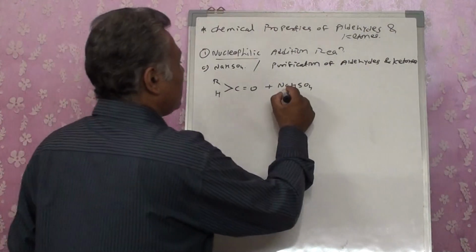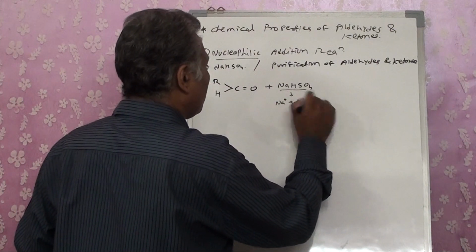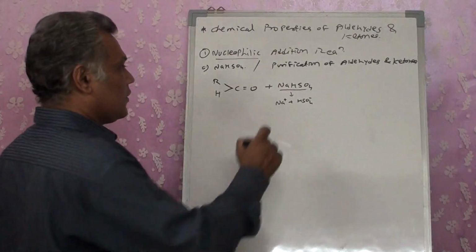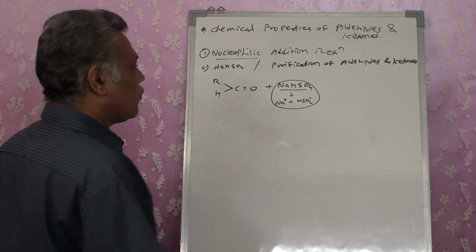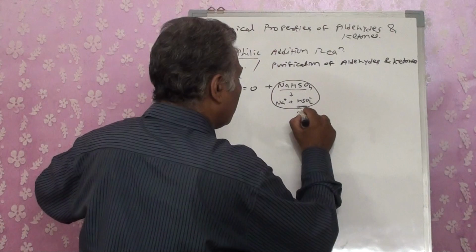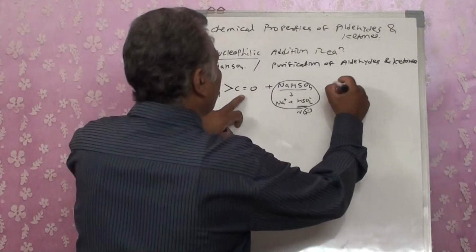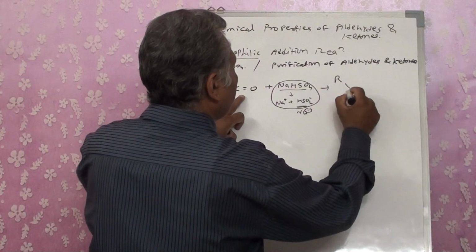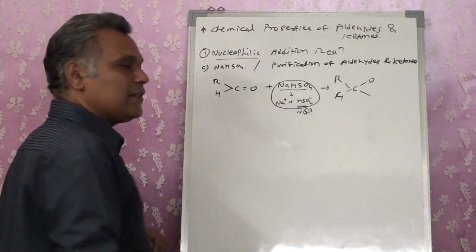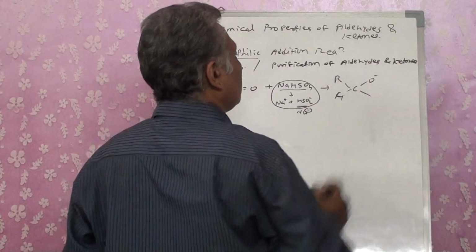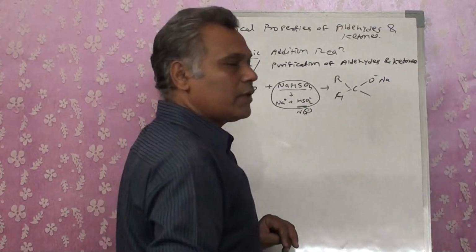During this case, this component initially gets converted into Na plus HSO3 minus, right? This particular component is going to dissociate itself into Na plus and HSO3 minus. So HSO3 minus is going to be my nucleophile. The component will react and get converted into C single bond O with a valency, this is going to be negatively charged alkoxide. So Na plus will react over there